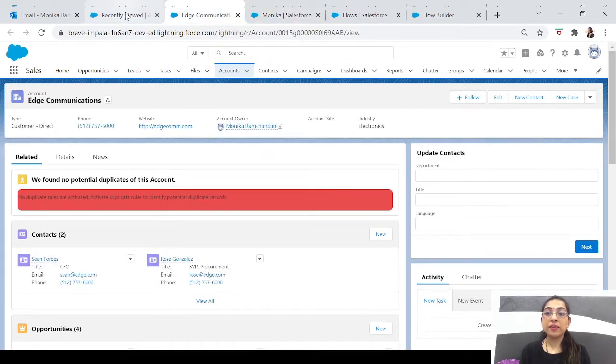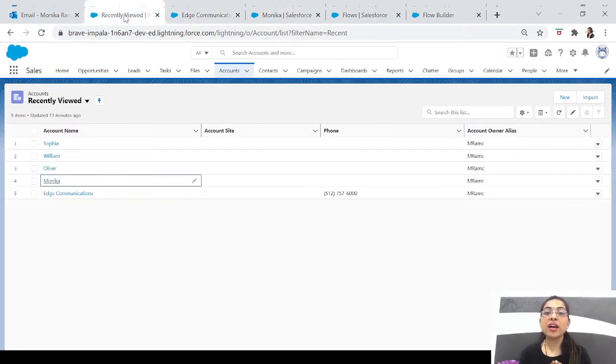Okay, so what we are going to do is check if the account has a contact, then it will skip it and go to the next account, and if the next account does not have a contact, we'll create a contact for them. So in this we have to loop through the accounts. That means we need the loop element. And I'll tell you how we can use the assignment element also. Now let's create a flow first.